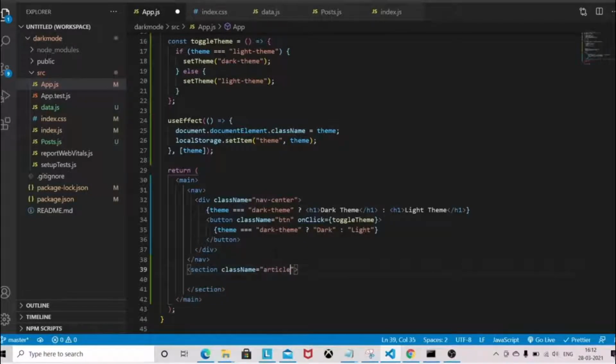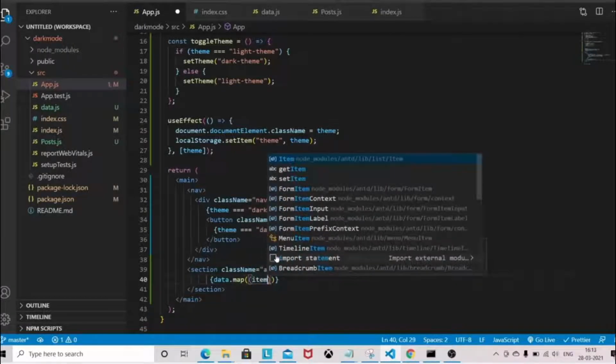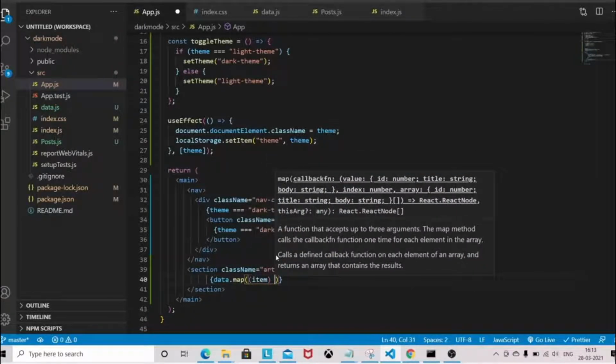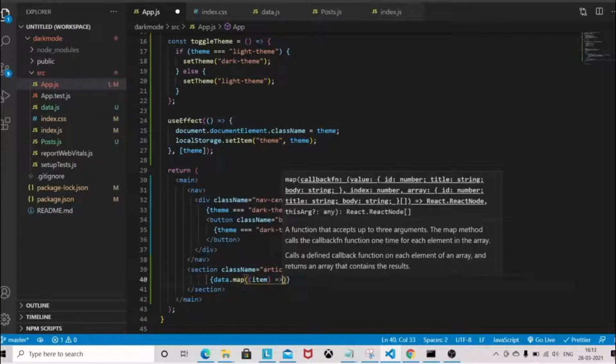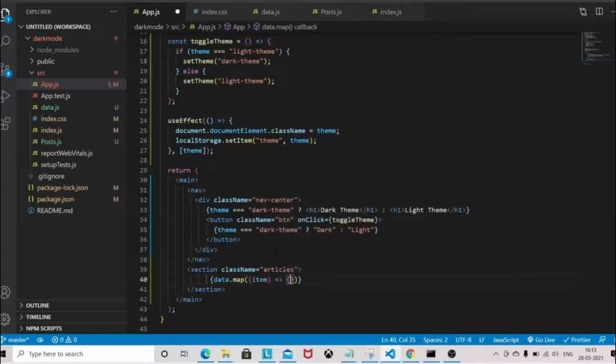Now we will have a section with the class name articles, and we'll be using our fake data file. So we have already imported that, and we are going to map this data file and return the post component, which we have already created.